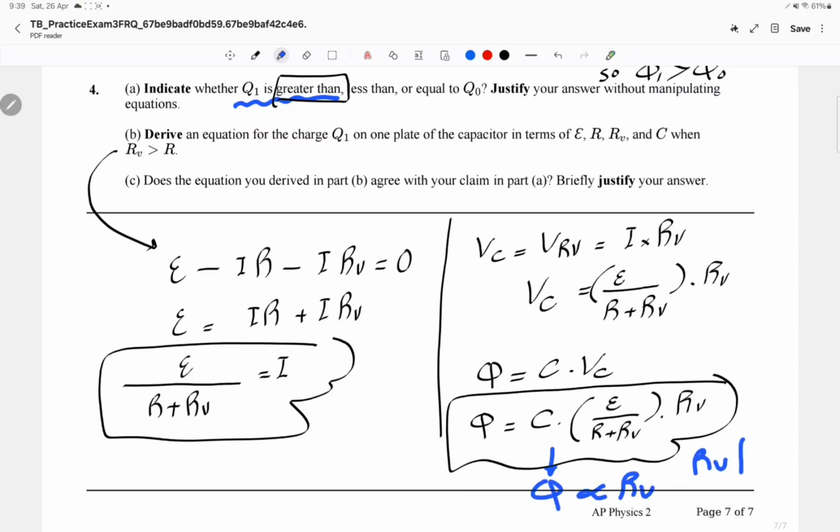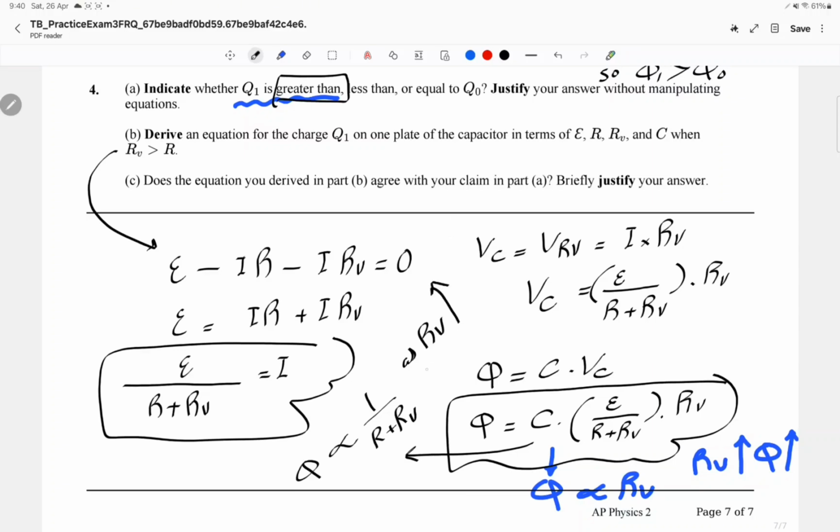And so if there is more RV, there is more Q. And also it shows us how Q is inversely related to R plus RV. So of course, as the RV increases in the denominator, the Q will be